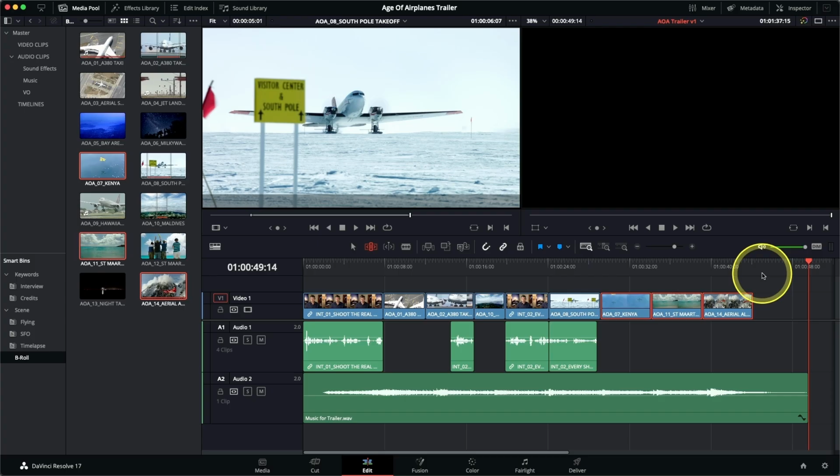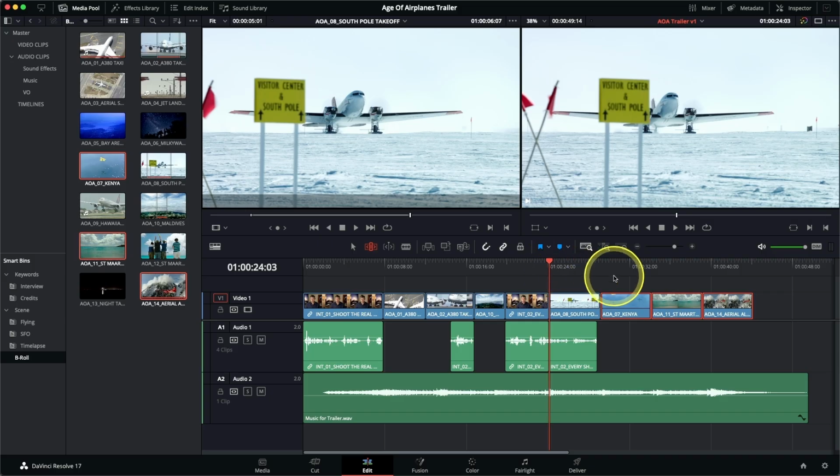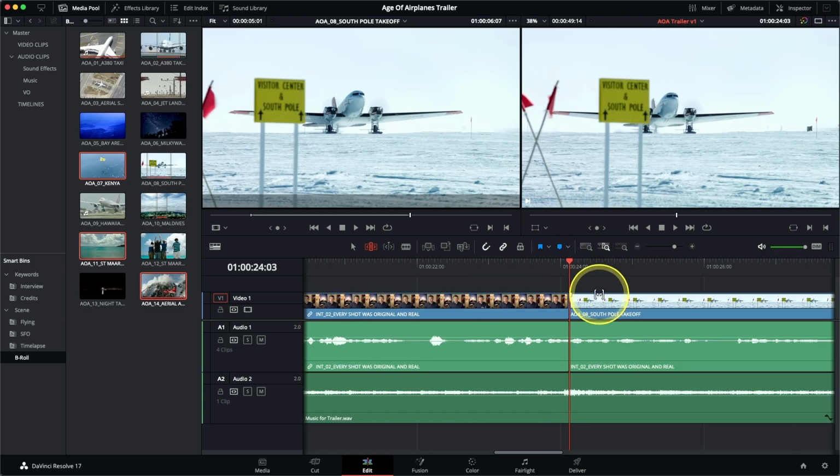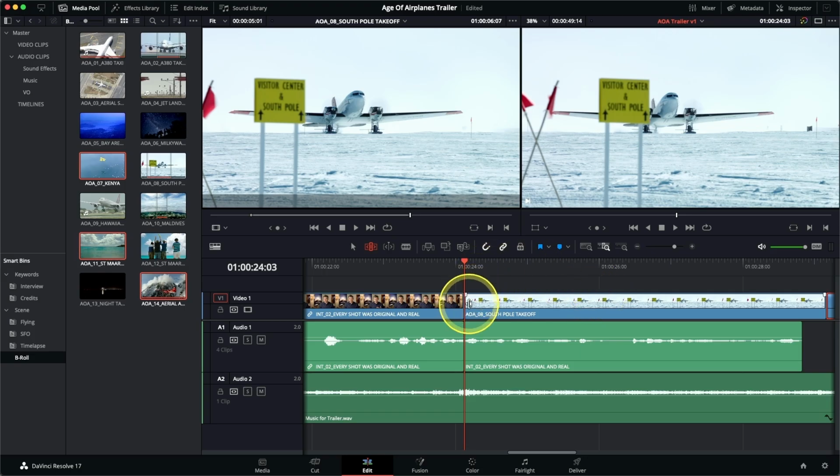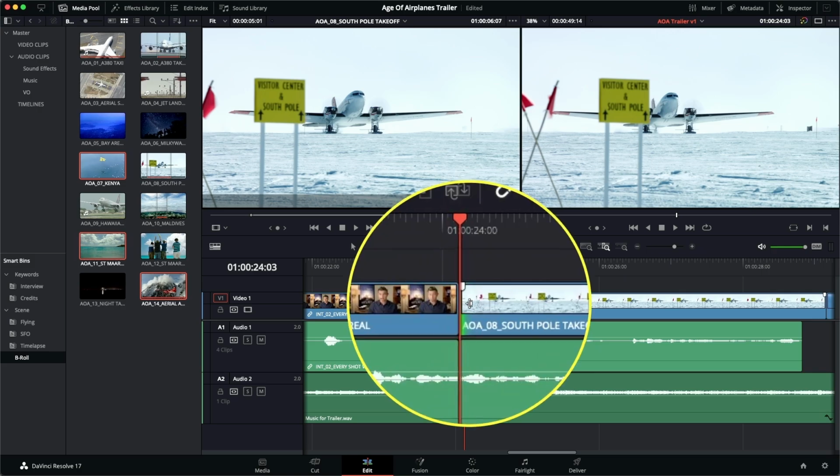However, I've still got a little bit of work to do here. Let's move back to the beginning of the South Pole clip, and then let's use the detail zoom button just to zoom in a little bit here. I want to make the South Pole clip a little bit shorter because nothing really happens in it. So a 5-second shot is a good starting point, but let's just make it a little bit shorter from the beginning. So if I select the incoming part of that clip,